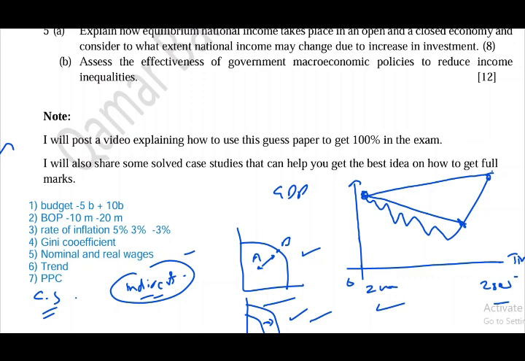Also, the examiner may ask you to explain frictional, structural, and cyclical unemployment, and which one of them is more harmful. You must know them as well. Frictional unemployment is unemployment of a worker between two jobs. Structural unemployment is because of changes in technology, law and order, or relocation of industry. And cyclical unemployment is caused by a fall in aggregate demand or an economic recession in the country, right? So which one is more harmful? Definitely structural unemployment is the most harmful, because your skill set does not remain saleable. You have to get further education and training to get employed again.